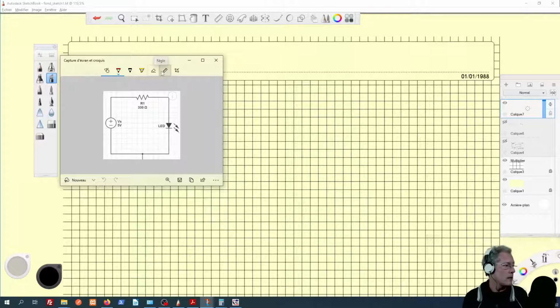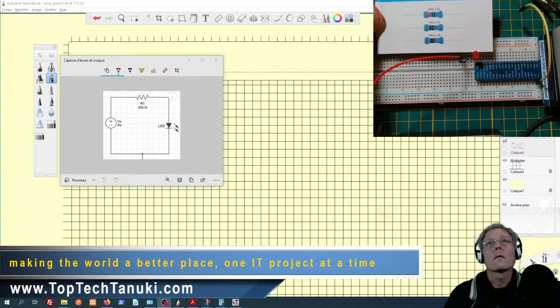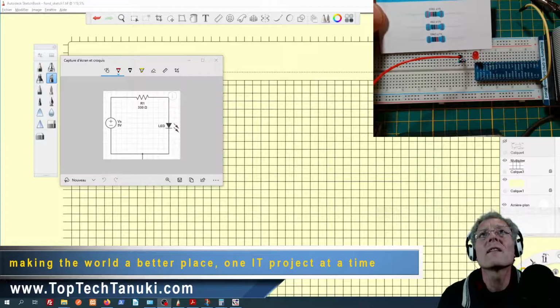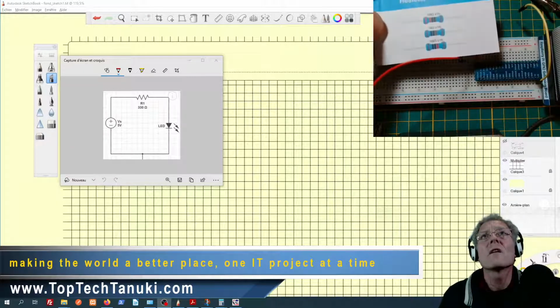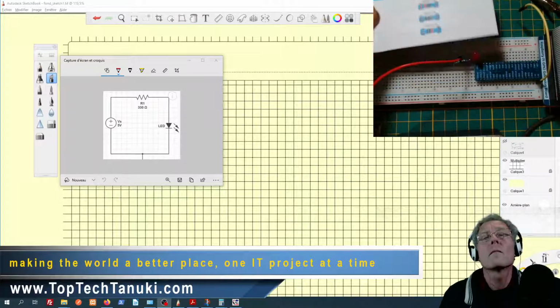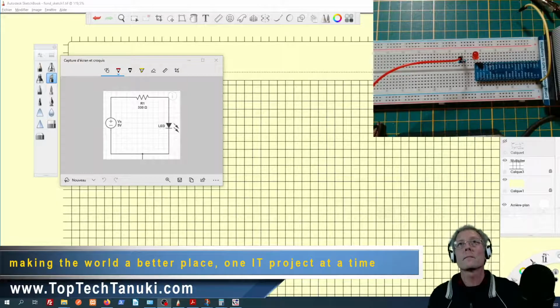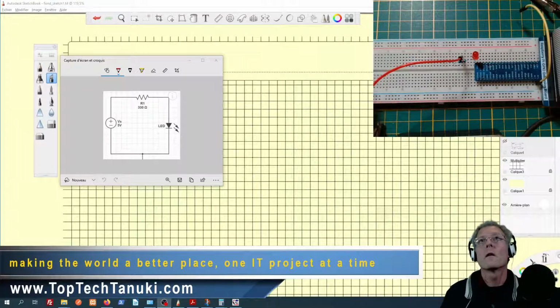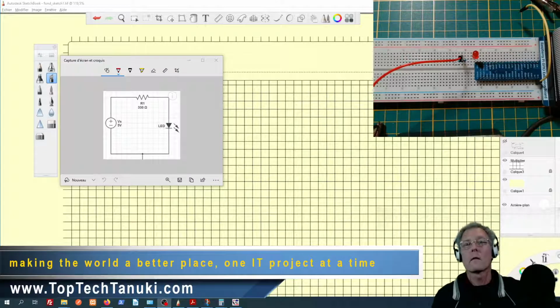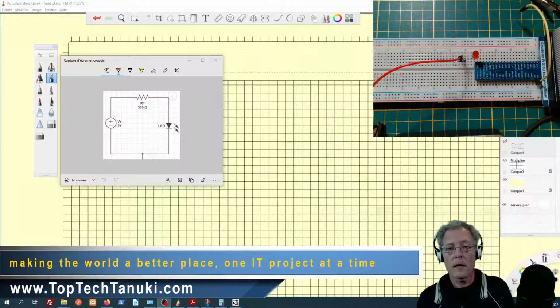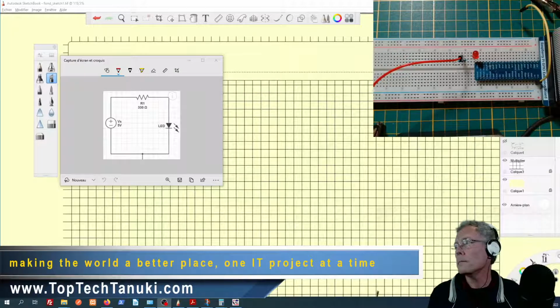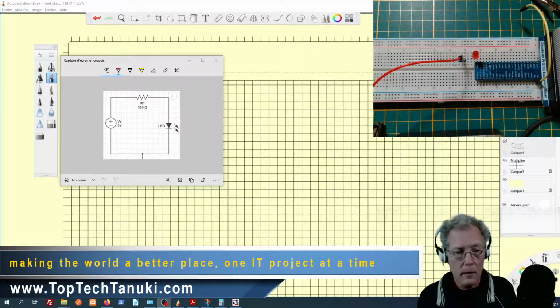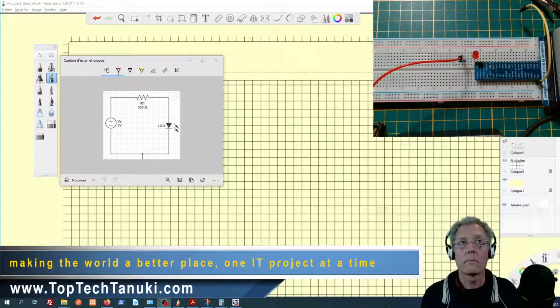And my problem is that when I have a look at my kit here, we see that we only have 220 ohm resistors. This is not the exact value expected. It's because I bought the kit 1 year ago and there's been an update in between, I guess, or maybe